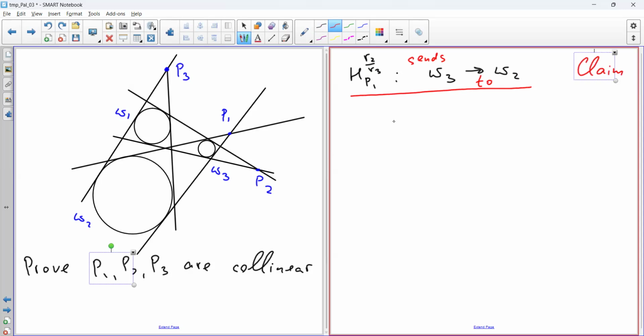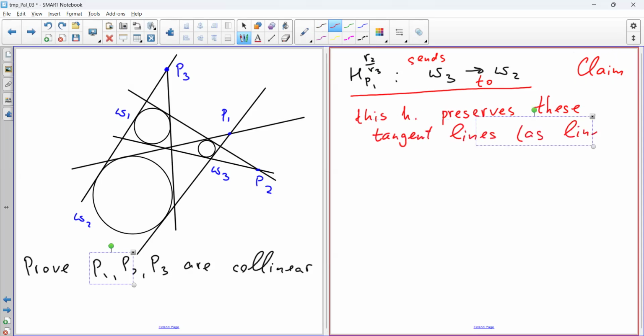Why is that? It's because this homothety preserves these tangent lines as lines passing through P1. And also it sends omega-3